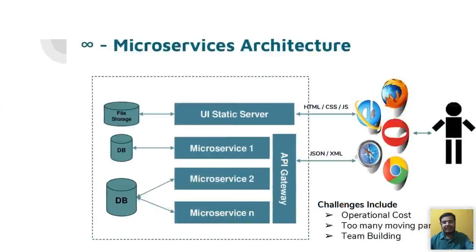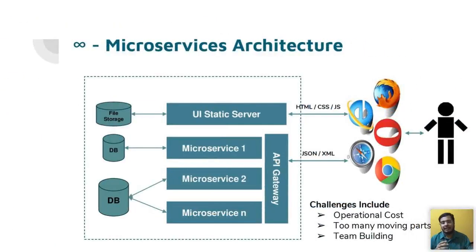So let's see how modern applications architect themselves. Here, if you see, I have given the number as infinity. We started from 0, 1. There are multiple other architectural patterns in between. You might have heard of service-oriented architecture, SOA, and we had BPELs and all that, right? Today most companies try to go towards microservices architecture for a lot of reasons.